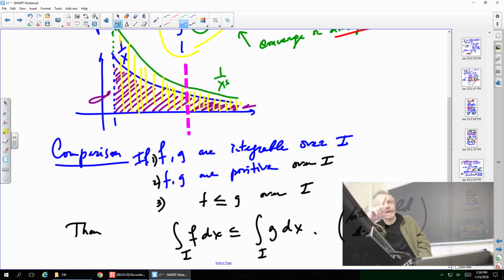The function represents the height of your sand, and the area, the integral, represents the amount of sand contained in that particular sandbox. So if wherever you look the level is higher than the other, then the amount of whatever is inside the sandbox is higher. That's what the property says. But in addition, what we brought in is that the integrals might be improper. So you can have infinite areas or functions undefined at the endpoint of the integral, something like that. But as long as they are